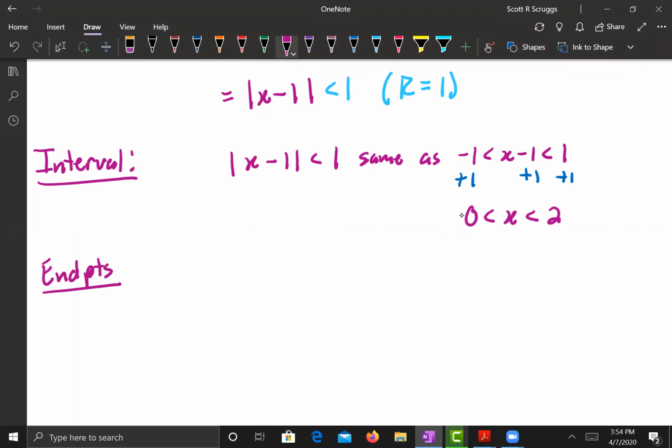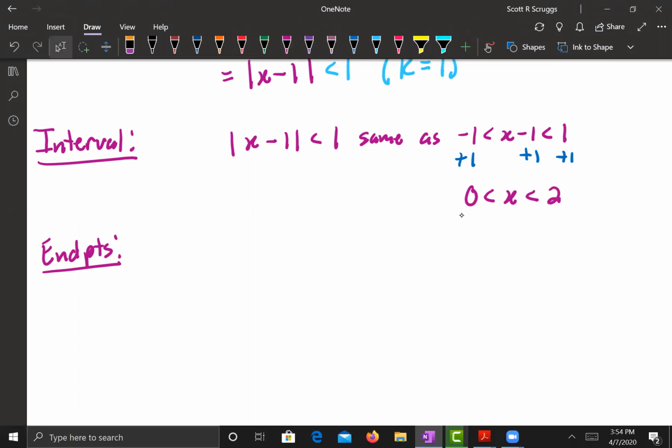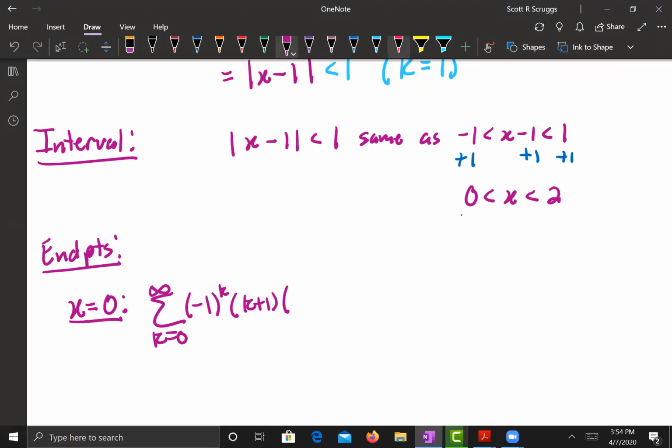And check and see whether or not I can or cannot include them. So first, let's check if we can include s equals 0. If I plug in 0 to my power series that we have, I have negative 1 to the kth power, k plus 1. And at the x minus 1 to the kth power, I'm going to have